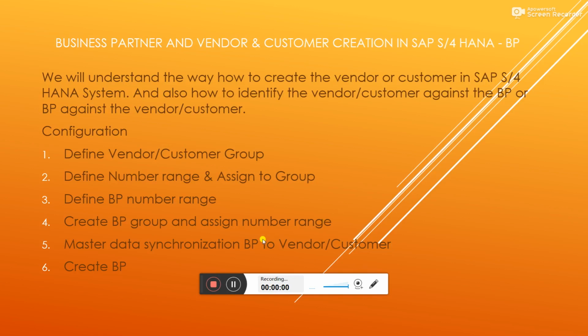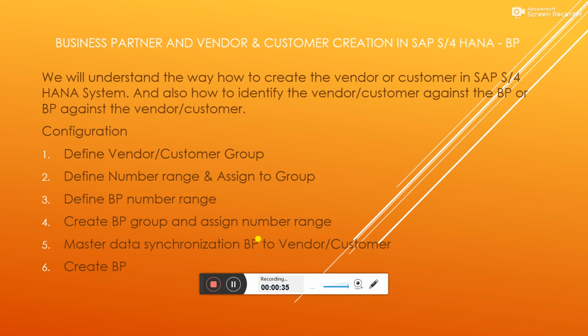In this video, let us see quickly how to create a business partner. In S4HANA, it's not like in SAP ECC, where you create a vendor and a customer directly with the XK01 or XD01 transaction code. In SAP S4HANA, you need to create a business partner. Through the business partner role, a vendor or a customer is automatically created, with two different numbers based on the rules, and they are reflected back in the BP master data only.